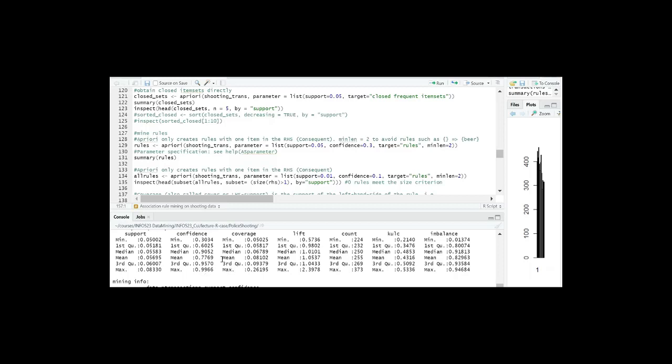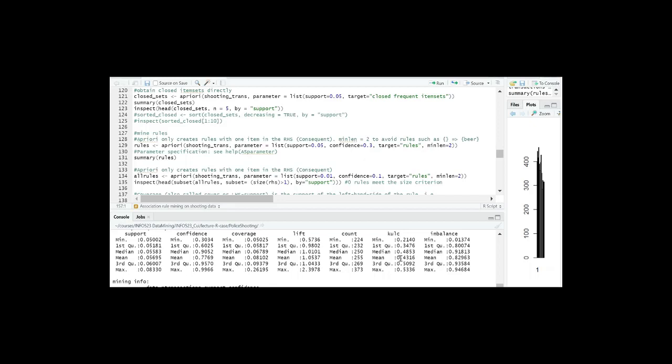Coverage is related to support. As you can see, it's pretty low. Lift, we have values less than 1 and greater than 1, but it's not strong in any case. Count is the absolute support. And Cool, also the values are fairly low.